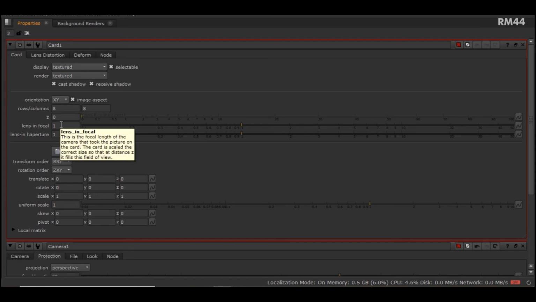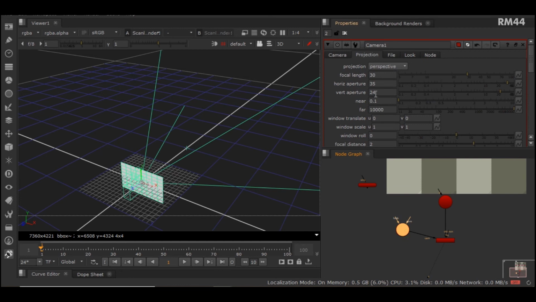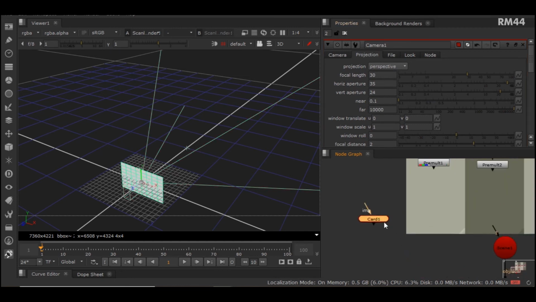I have given this as 30 millimeter, so I will do the same. The lens in H aperture is the horizontal aperture which I have given as 35, I believe. Let me just check. Yes, it is 35.